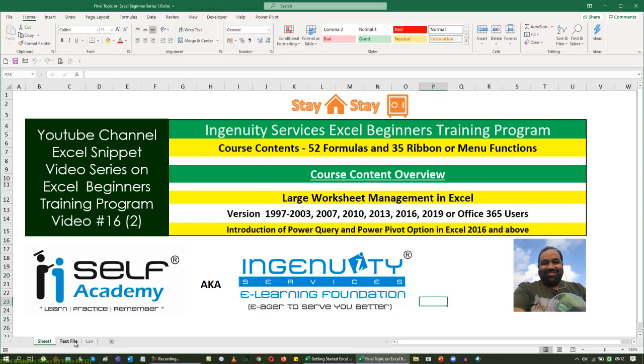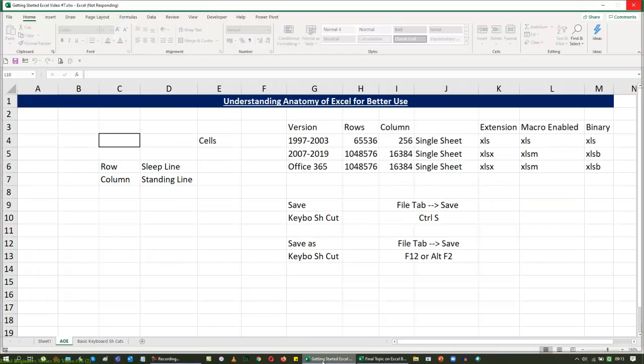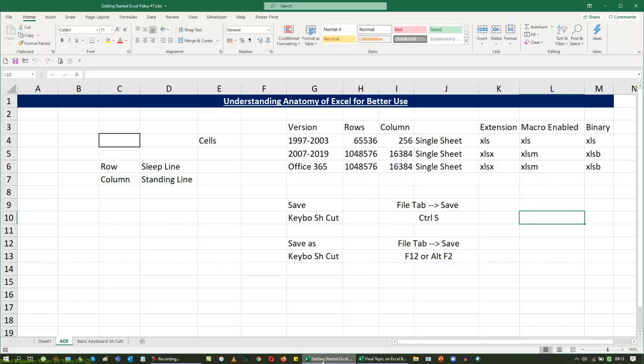If I want you to understand what this is all about, we need to go back to your first session, getting started with Excel. There we saw the anatomy of Excel. In the anatomy of Excel, I gave you a small idea about how many rows and columns we have in our version in 2017, and the number of line items available before 2003 and after 2003. In Office 365, it's going to be the same as what we have in 2007 and until the 2019 version, and probably beyond. If any version comes into play, it's going to be the same.